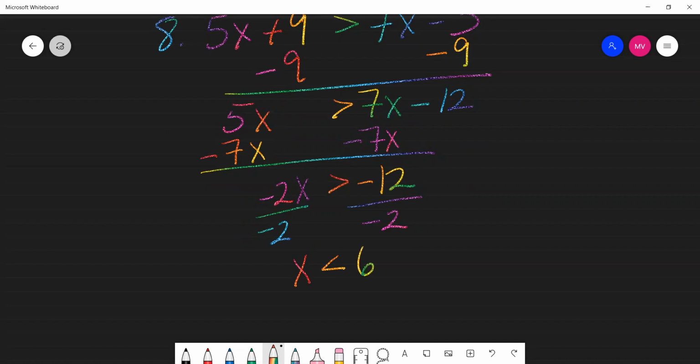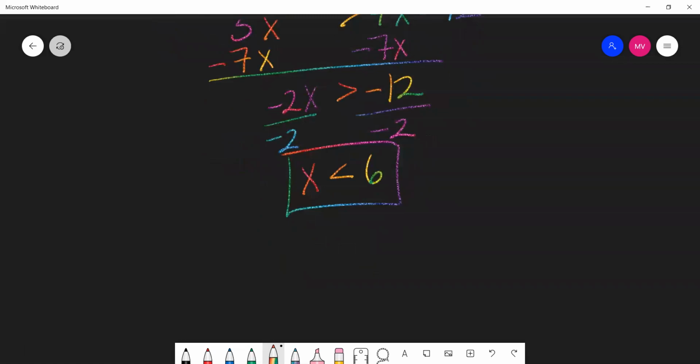Very good. Yes, so first off, we had to flip our inequality because we divided by a negative number. Second, because we were dividing a negative by a negative, our solution ended up being positive. And that is correct. All right, Abigail, number 9 is 7 times x minus 2